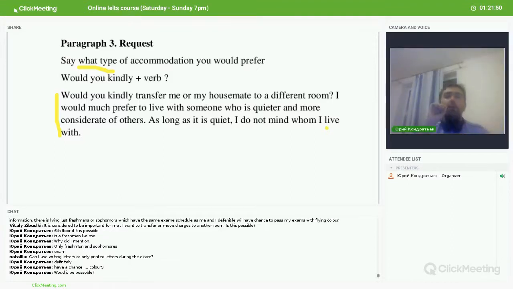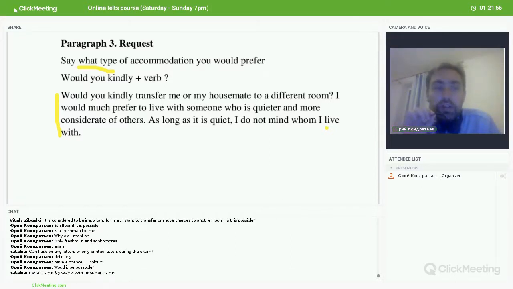So if you, Natalie, if you mean writing by hand, you can use cursive letters. They don't have to be printed. The only thing is that your handwriting should be understandable. Because if it is unintelligible, неразличимый, then you lose marks, you lose points for this. So as long as it is easy to understand what you are writing, it's okay. But to be on the safe side, I would recommend to use printed letters rather than writing in cursive. But if you're sure that you'll be properly understood, then no problem with that.